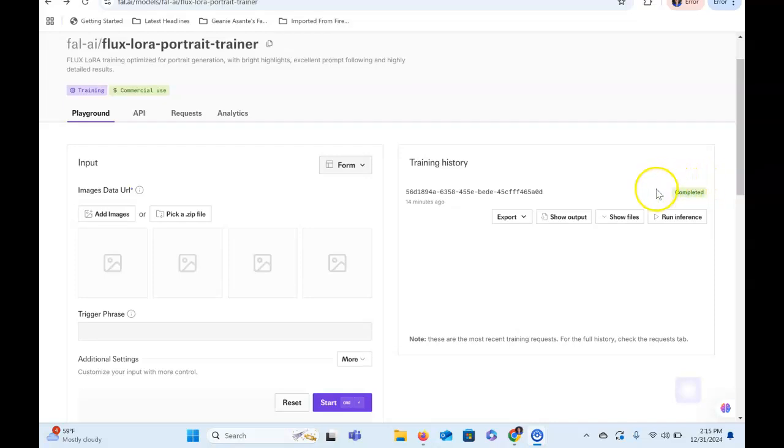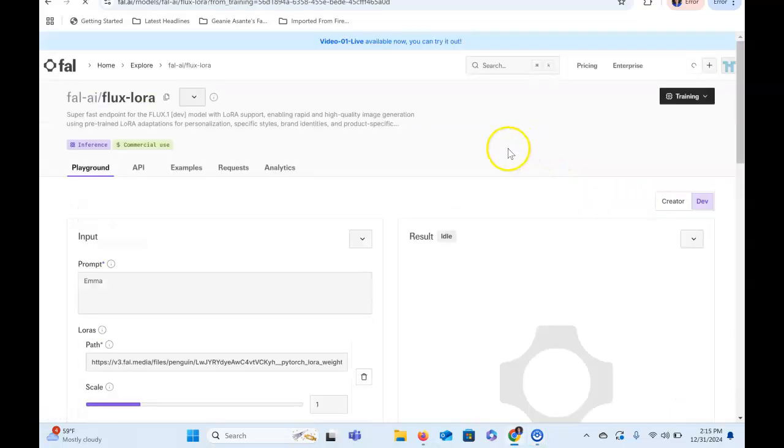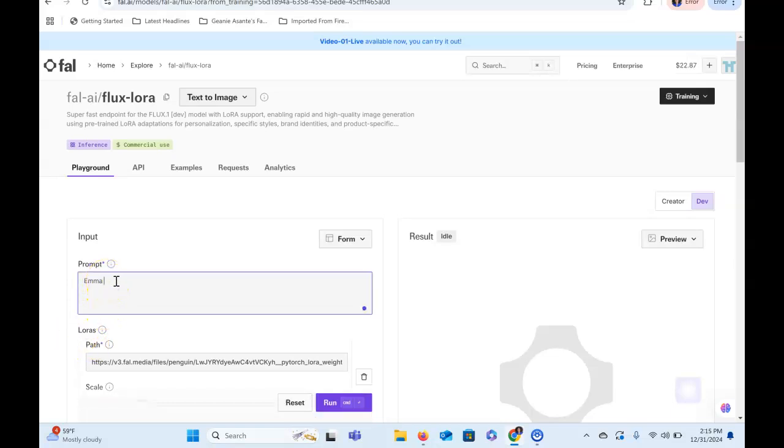So the program has finished running. It says here completed. And so what I do now is I go run Inference, which is running the model now to see what it's going to give me. I called it Emma. So the trigger, we spoke about trigger. The trigger is Emma, so it's automatically here. And I'm going to say Emma is